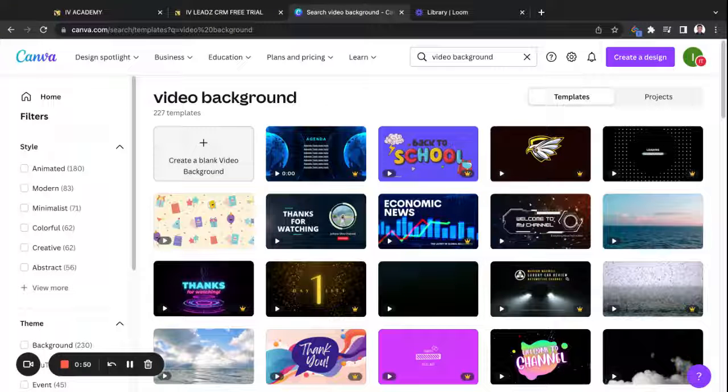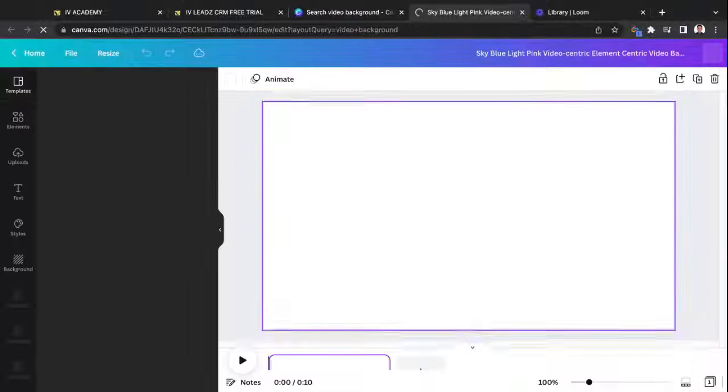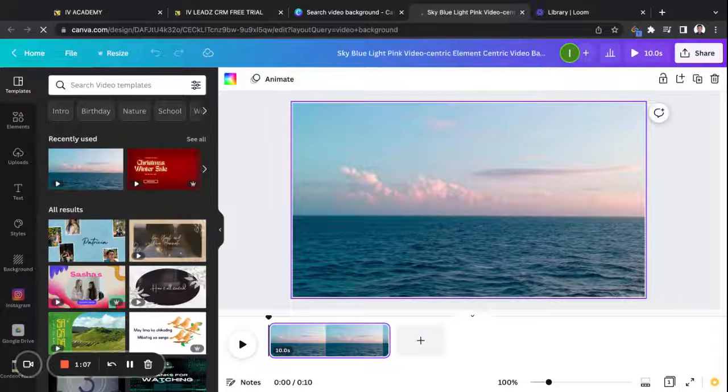You can use Canva videos in order to find the right one for you. So for example, you go to Canva, you click on the search bar, and then you can type, for example, video background. I think this one, let's use this as an example. I know this is a bit dramatic, but it depends on your taste and what you need in your funnel